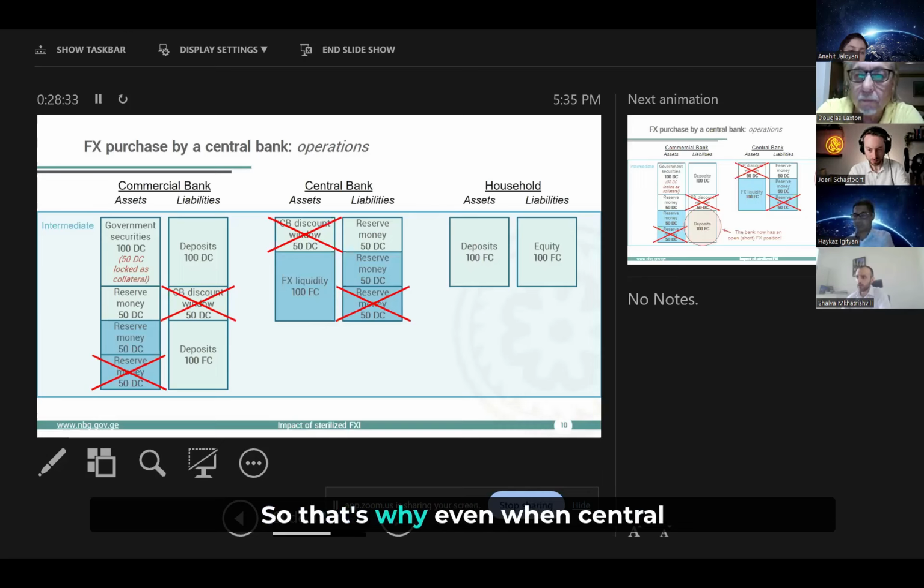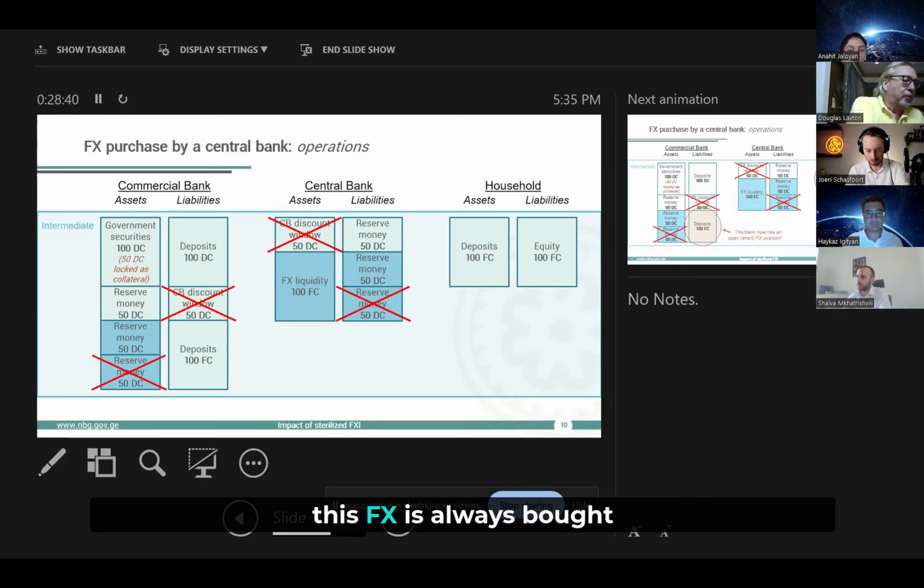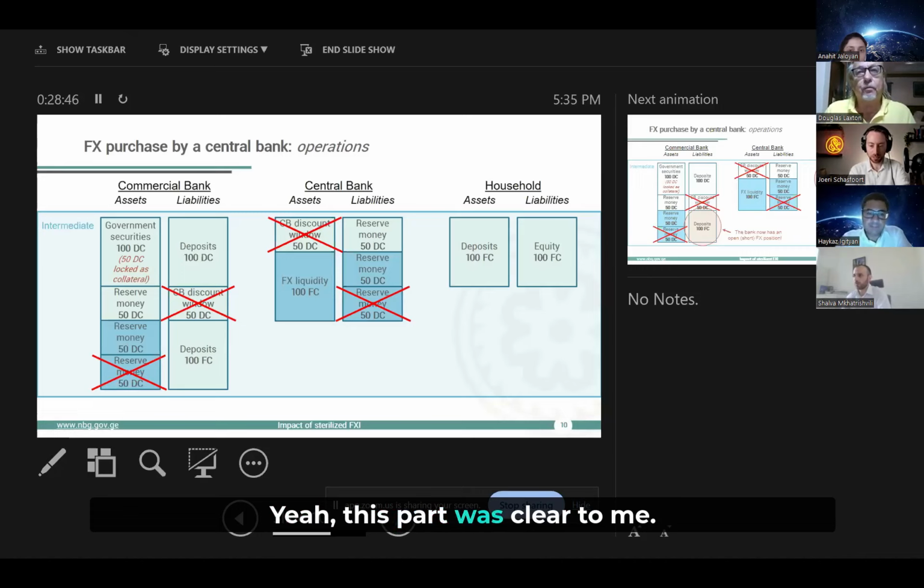So that's why even when the central bank buys FX and this FX is bought from a commercial bank, indirectly this FX is always bought from someone else, like from households or from export companies. Yeah, no, no, this part was clear to me, but